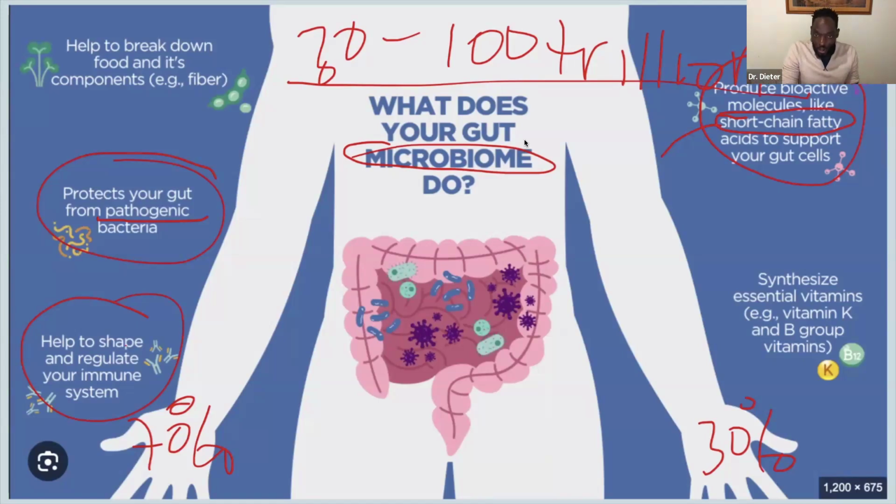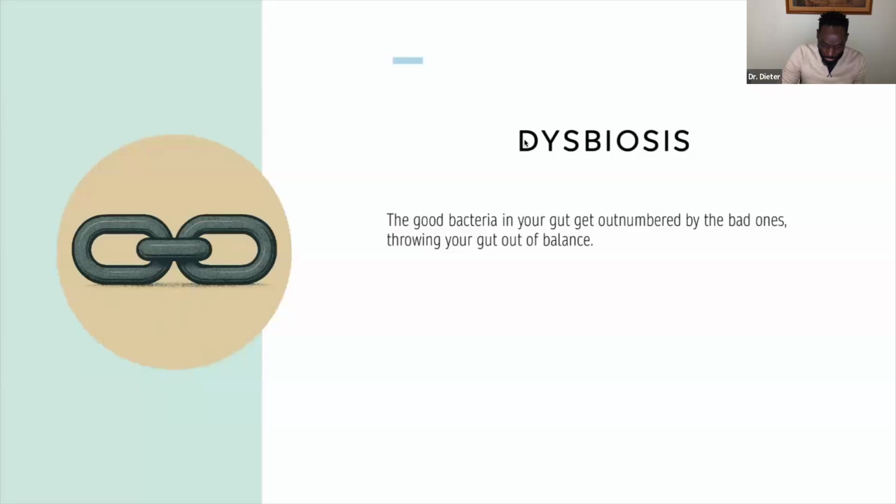And when the microbiome gives that training to the immune system, it ends up attacking the body's cells that may look like the enemy, but are not the enemy. And there lies the development of autoimmune diseases, as a result of an unhealthy training by the microbiome. So I wanted to highlight those, besides the synthesis of vitamins the microbiome also does. Now that you understand what the microbiome is, let's go to what is dysbiosis of